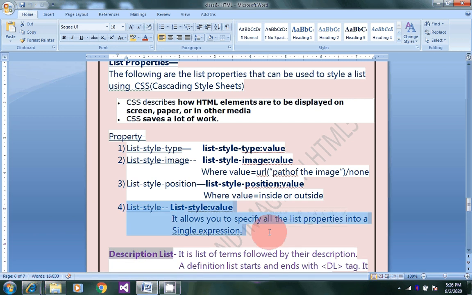The syntax is given as list-style value. So these are the properties you can use in your HTML code.